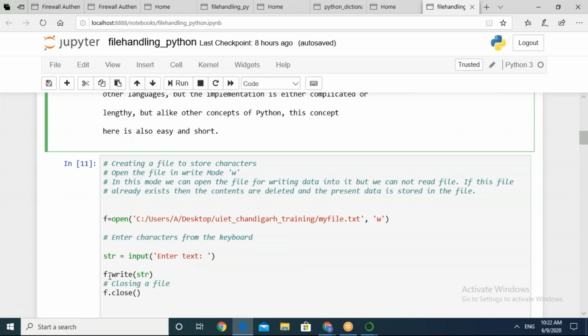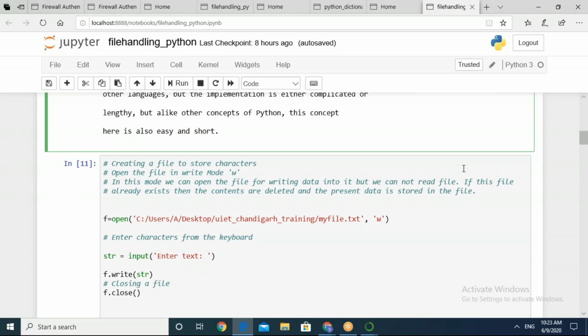So f.write(str). The string we are entering here will be stored in the str variable, and then we will use the write function, f.write, and within parentheses str. After doing this operation, it will simply close the file, f.close().